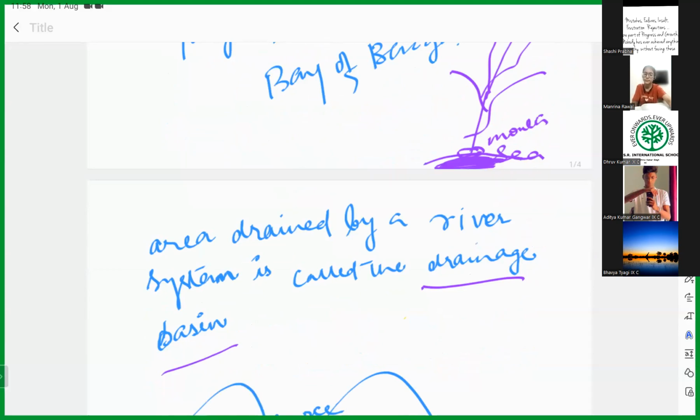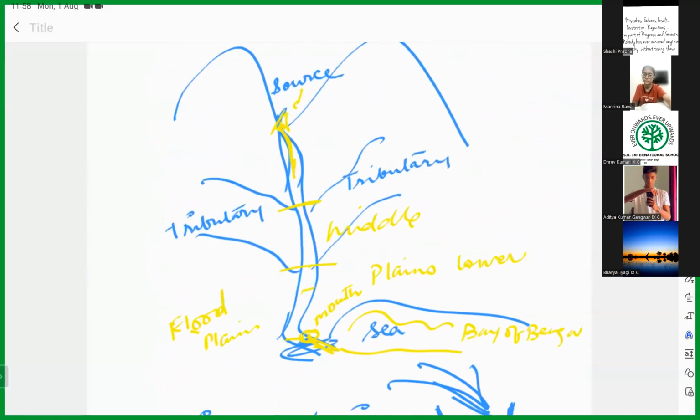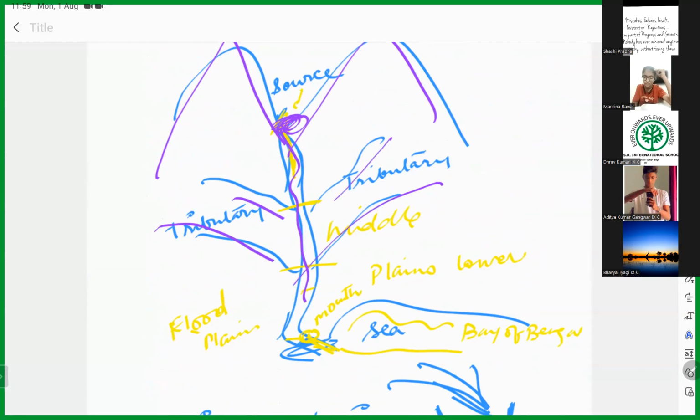No, ma'am. Perfect. See, like I was talking about the source, no? Suppose these are the Himalayas. We have the origin of the river from here. We have the source here. It keeps on moving. It is joined by different tributaries, different sources of water. And finally, see, there are stages. When the river flows, there are stages: upper stage, middle stage, and the lower stage. The lower stage is the lower course, the plains where the river flows, and in the lower course of its journey,